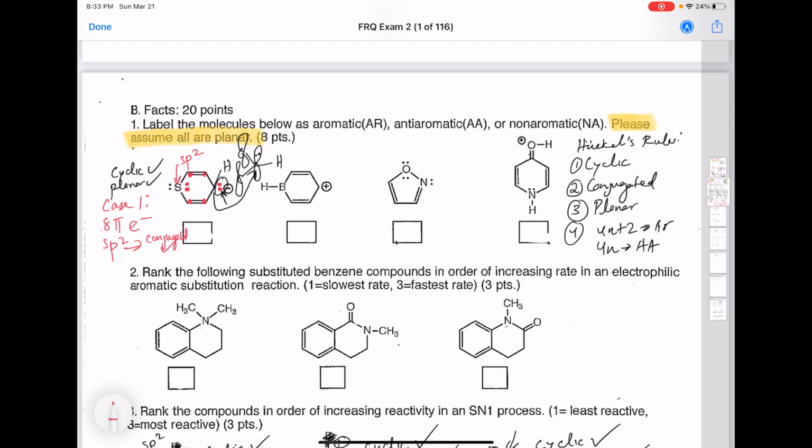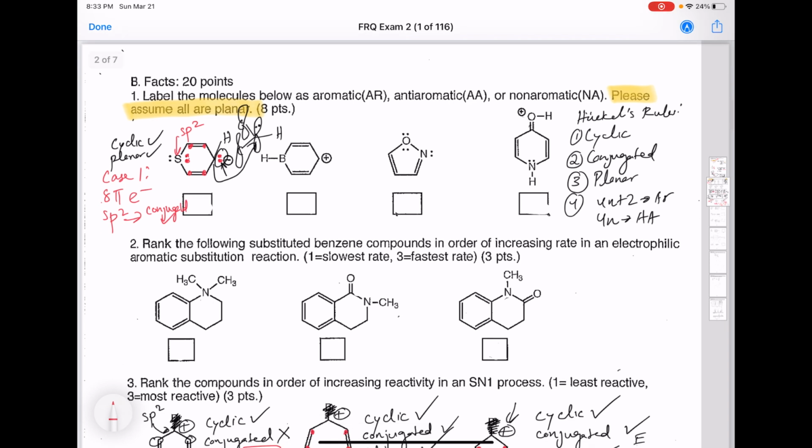And if it's conjugated, then the first three conditions of Huckel's rule are met. So what that means is now we can look at the number of pi electrons. There are 8 pi electrons, and since 8 is an integer multiple of 4, the 4n rule is met. And that means that by Huckel's rules we get an anti-aromatic structure. That is for case 1. Remember, this is a hypothetical scenario. For case 2,